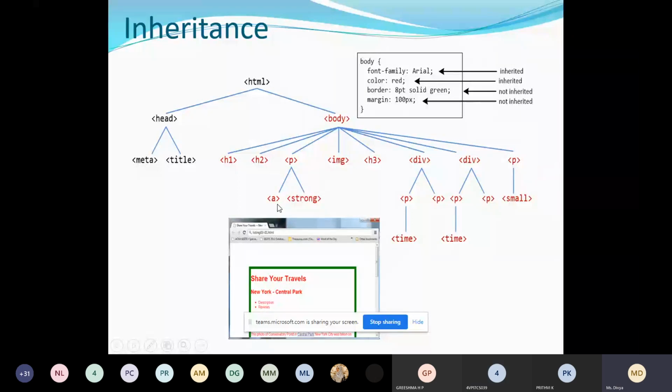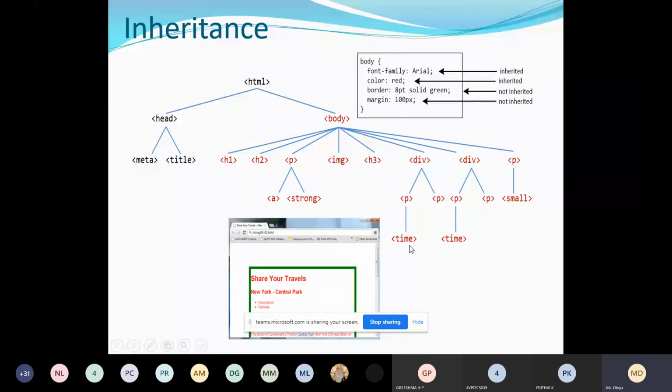A stands for anchor tag. Next, inside the paragraph we have one anchor tag and a strong tag. To make the text content bold, we use the strong tag. In the same way, inside the div we have two paragraphs, and inside the paragraph, if you are displaying time information, you can go for the time tag.